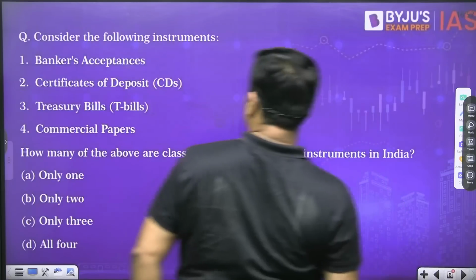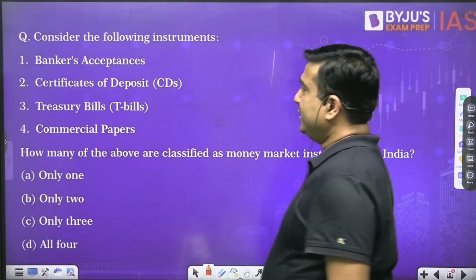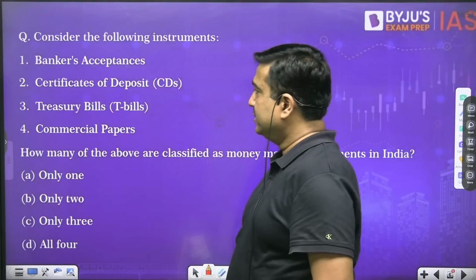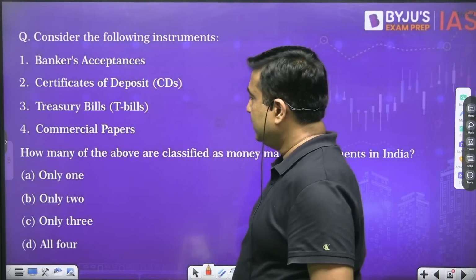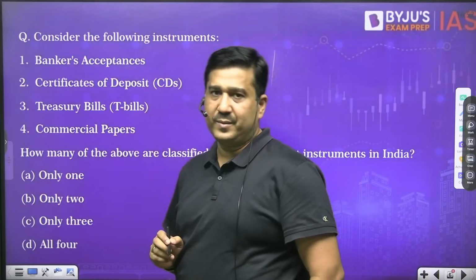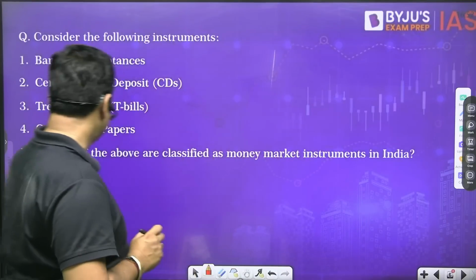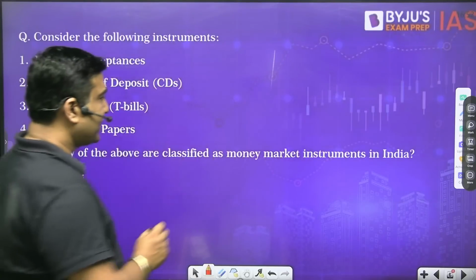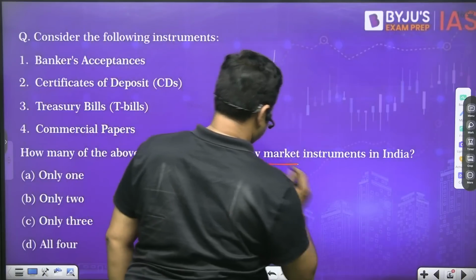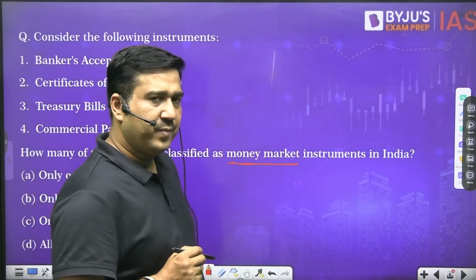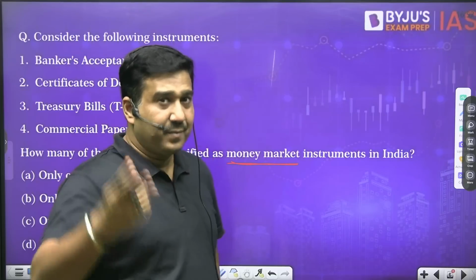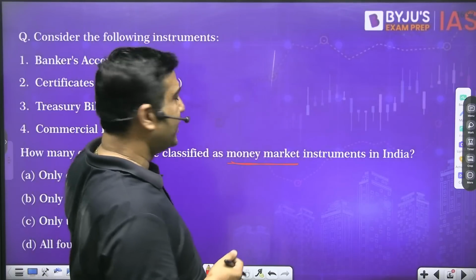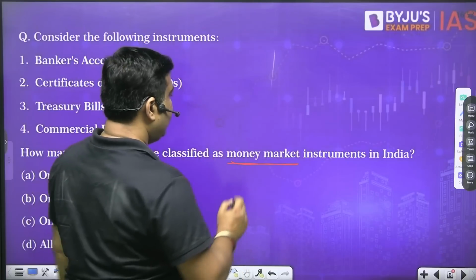Now next question. Consider the following instruments. First, bankers' acceptances. Second, certificates of deposits. Third, treasury bills. Fourth, commercial paper. Now the question is, how many of the above are classified as money market instruments? If you know the meaning of money market and the other market that we have in the financial sector, instantly you can answer this question. Money market means